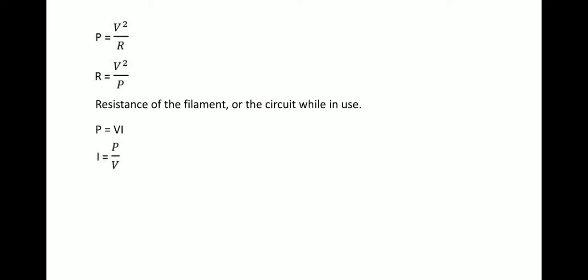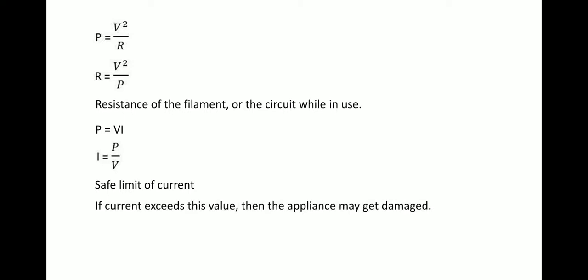That means we can measure the resistance of the filament of the bulb or the circuit while it is in use. So we can easily find out what is the resistance of that particular filament. And also we have learned that power is equal to V into I, so I is equal to P by V. This I is called the safe limit of current. Safe limit means if you exceed the flow of current more than the safe limit, then the appliance may get